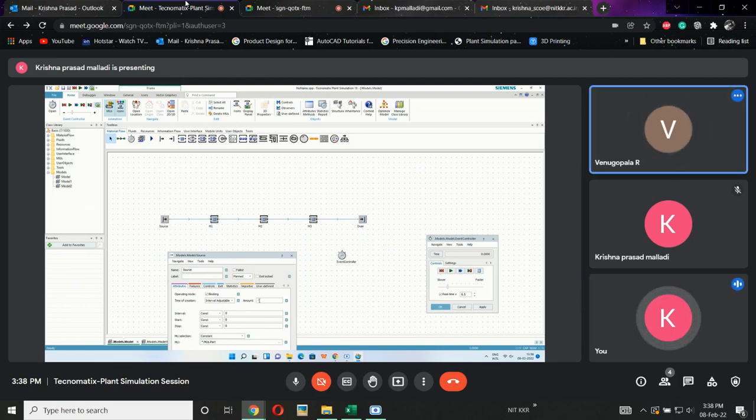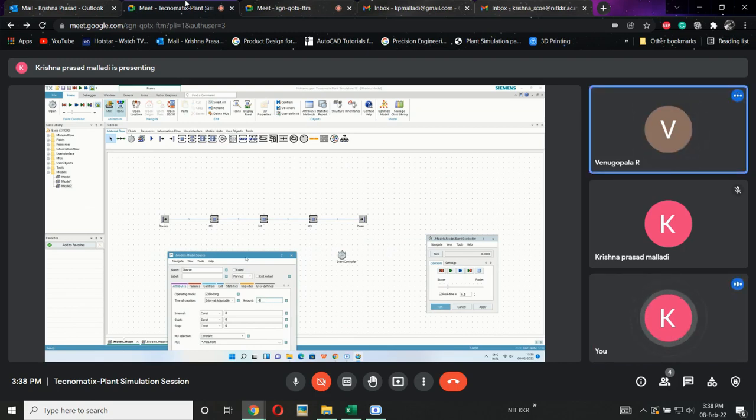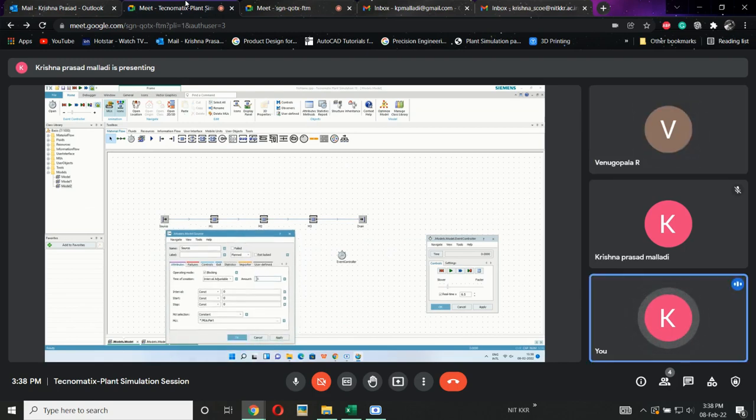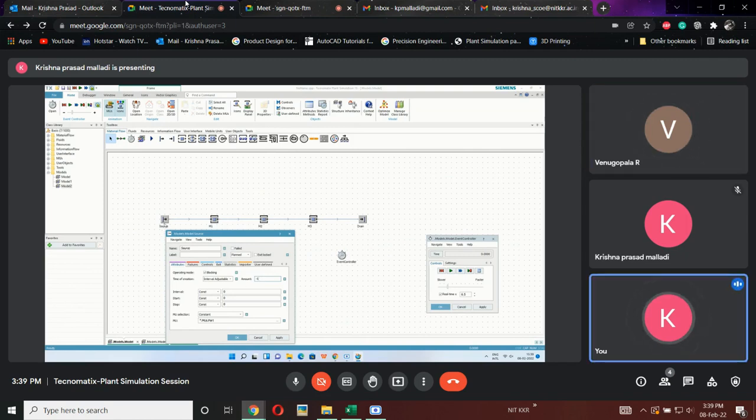If I define 0, what will happen? One part will enter, same. It will be like that only. That is why we define -1. -1 is like the highest availability of that product. So in general, Plant Simulation has these default factors. Whenever there is a highest possibility, it will be defined with -1 only. This is presented in the source only.